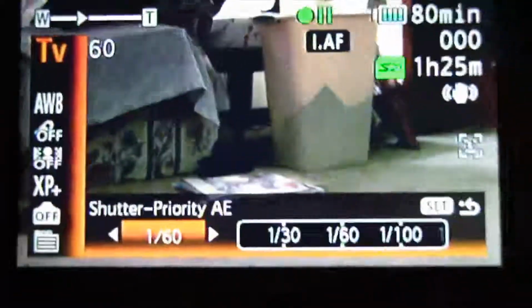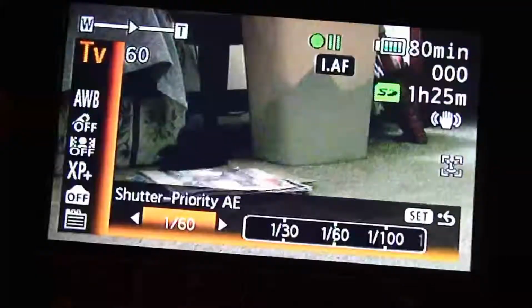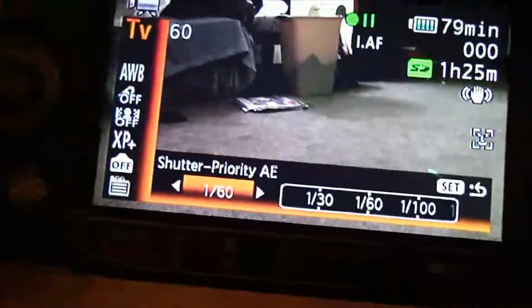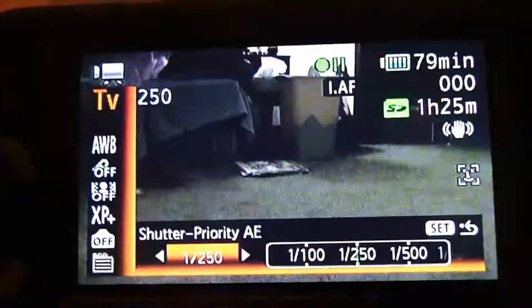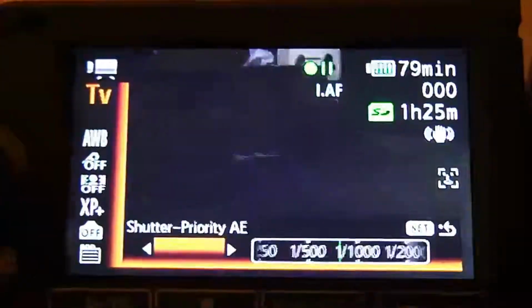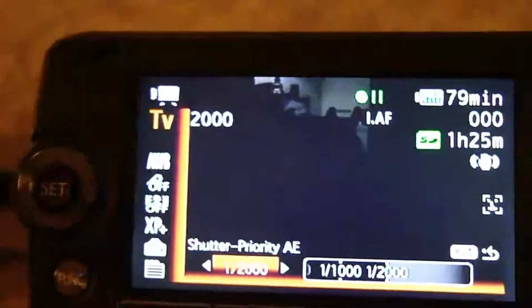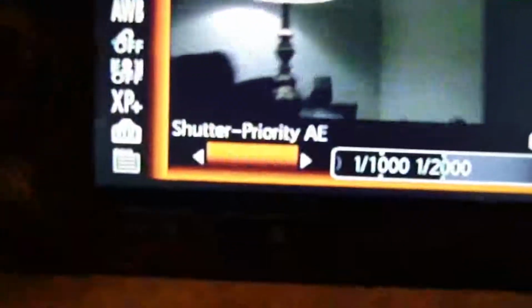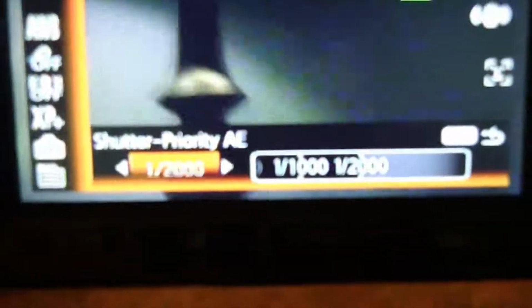So when you select that, of course, the faster the shutter speed, the less light it is going to be able to let into the lens. So the more we go over here, you can see the image will get darker. And it's analyzing, and that's the max it'll let you go to at this moment, but it will change depending on your situation. Say I zoom in to this light here, then it lets me go all the way